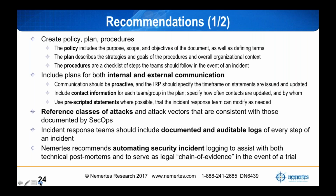A policy is not a plan is not the procedures and process. And critically, the policy defines roles and responsibilities. The plan defines the strategy and goals, and the procedures and process are that checklist of steps and the assignment of individual names to the roles that are identified in the policy. Make sure that you've got